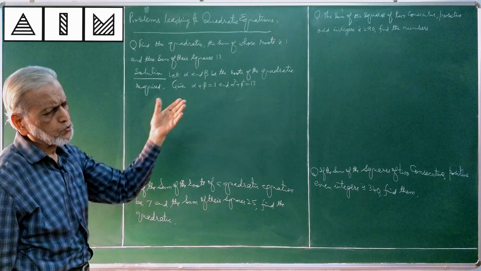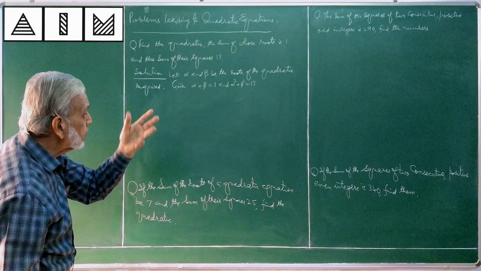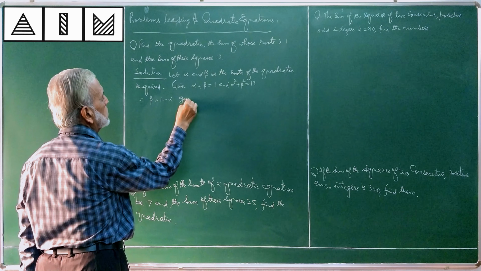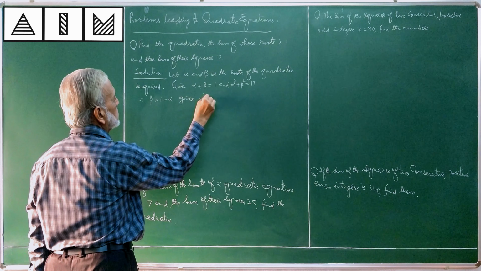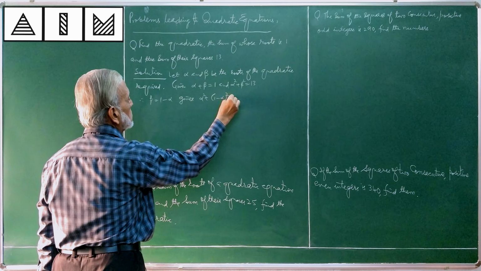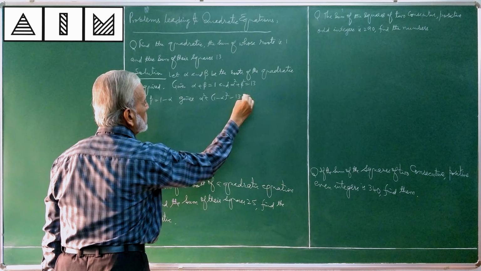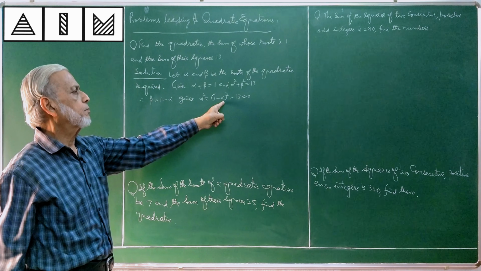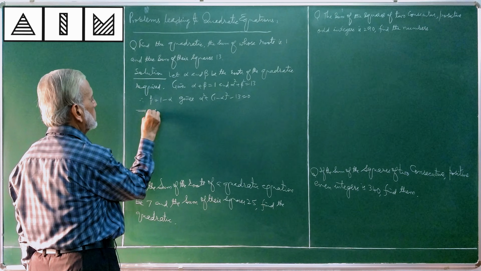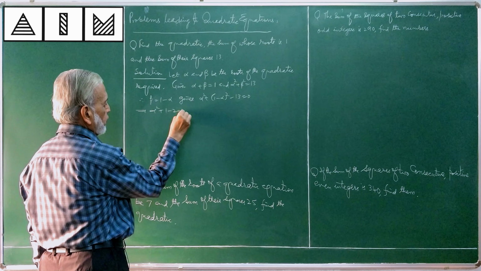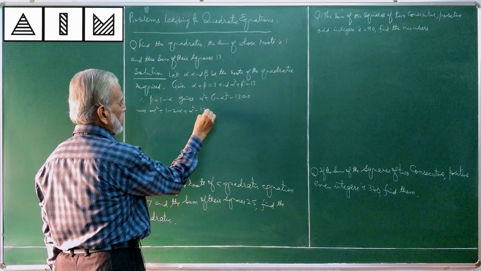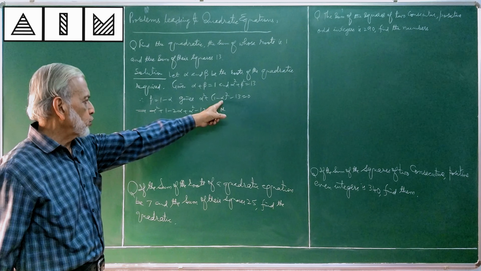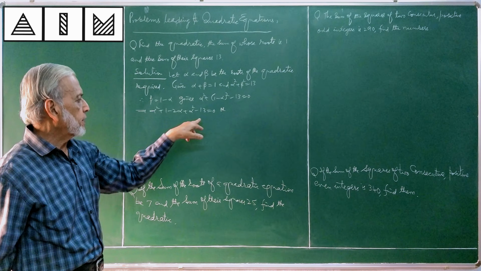There are many ways to solve these equations. You can solve by any method. See one of them now. Beta is equal to 1 minus alpha, substituted here. Alpha square plus 1 minus 2 alpha plus alpha square minus 13 is equal to 0, or alpha square plus (1 minus alpha) whole square, 1 minus 2 alpha plus alpha square minus 13 is equal to 0,